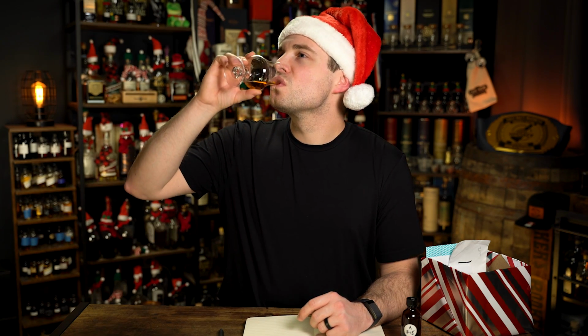All right, so I'm gonna throw down a few guesses now and see if I can figure this out. I'm so caught up on this butterscotch note. I think you do get this across a lot of Dusties from the era that I assume this is from. However, I think National Distillers has more of that butterscotch profile. I mean, Turkey certainly has it too. So if this is Dusty Turkey and I don't guess that, I'm not gonna be mad at myself. But I'm gonna say that this is a National Distillers product, and the proof being around 100,